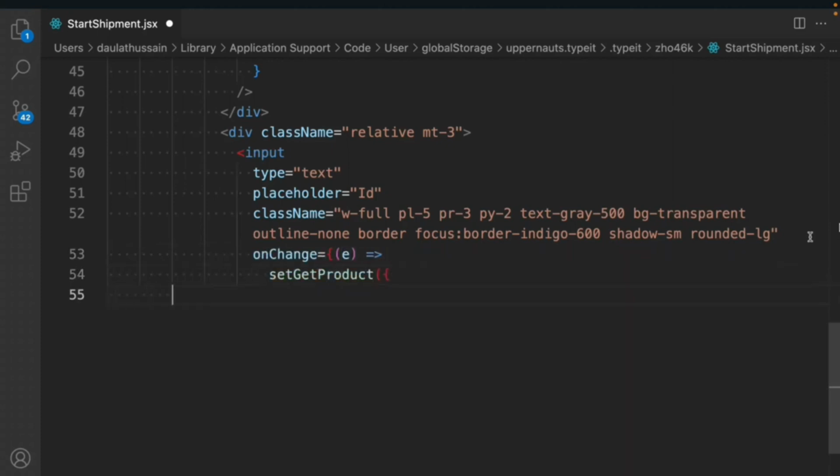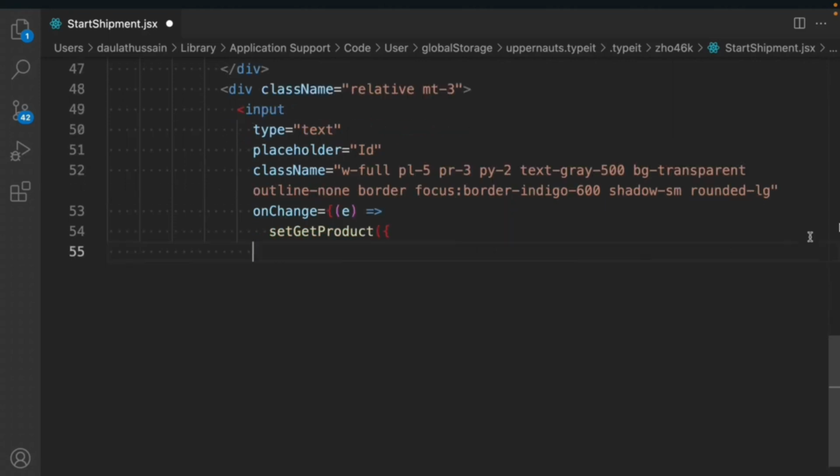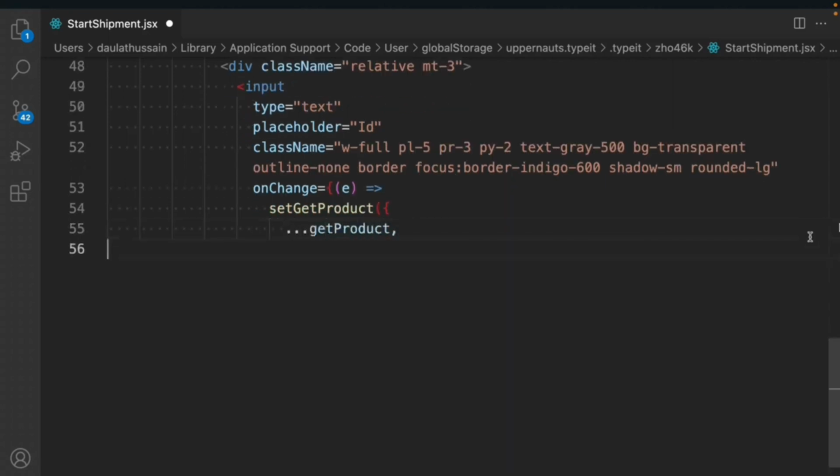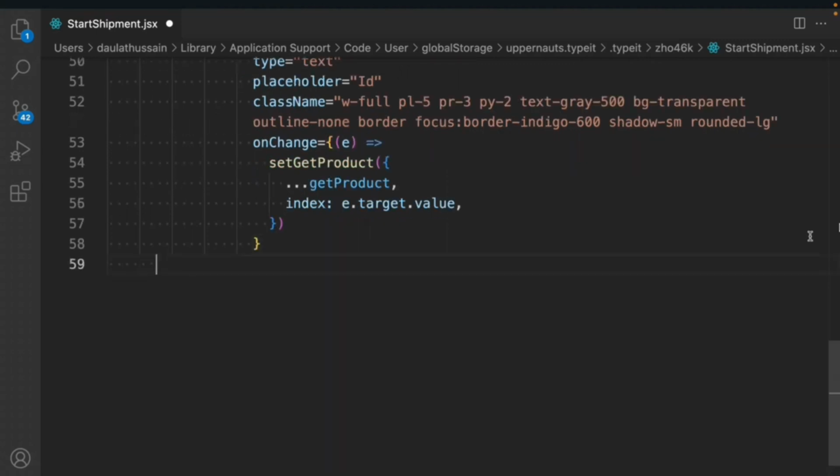And we have to update the data. So this time we have to update the index, which we have inside this. So we'll say index e.target.value, and we'll have the data updated. And now we have to close this one,